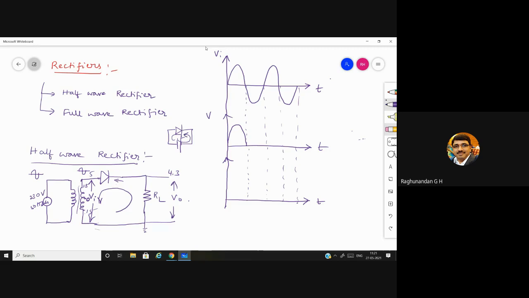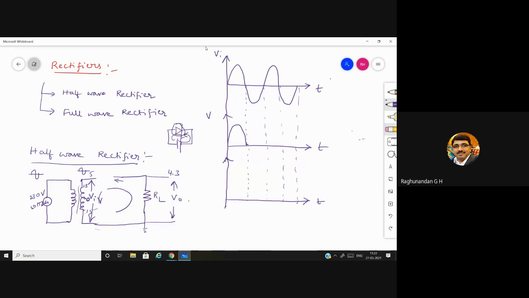So here also the current is flowing in the opposite direction, which means obviously it is similar to the reverse bias condition. During that time, this diode is going to act as an open circuit. Open circuit in the sense it is going to offer the highest resistance. Because of that, the current cannot flow through the load, because if any part of the circuit is open, then current cannot flow.